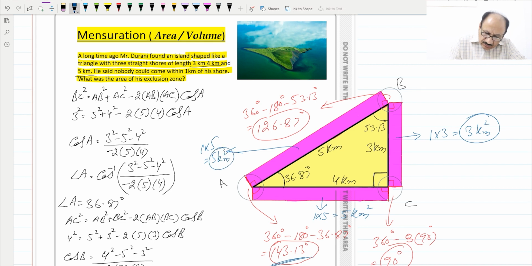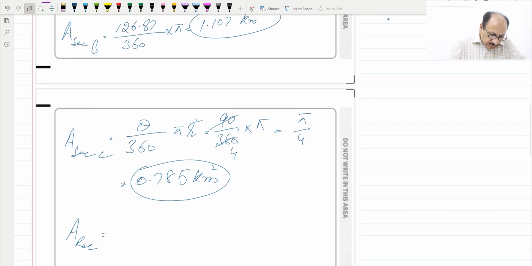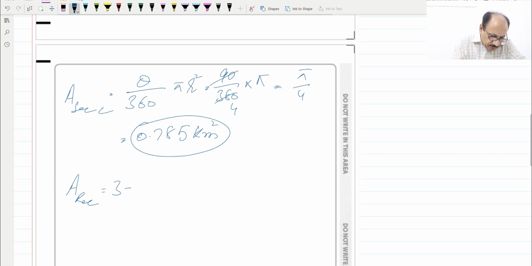No, this is 4 basically. This side is 4, so I will write here 4, and this will be 4 kilometer square. This one 3. So 3, 4, and 5. So this will be area of rectangles, 3 plus 4 plus 5 kilometer square, and which is 12 kilometer square. So we can write total area,